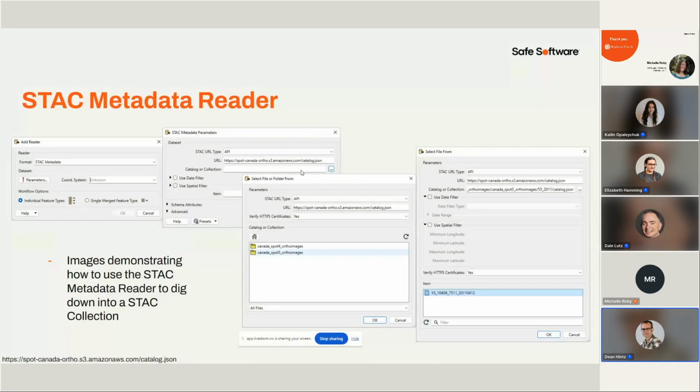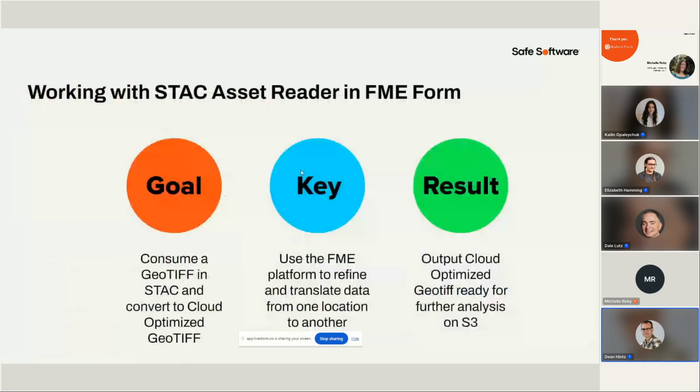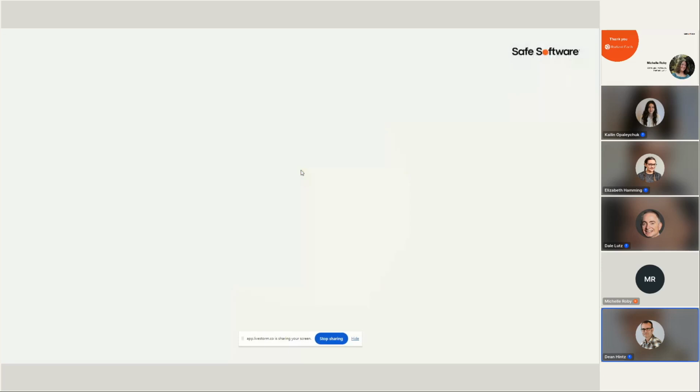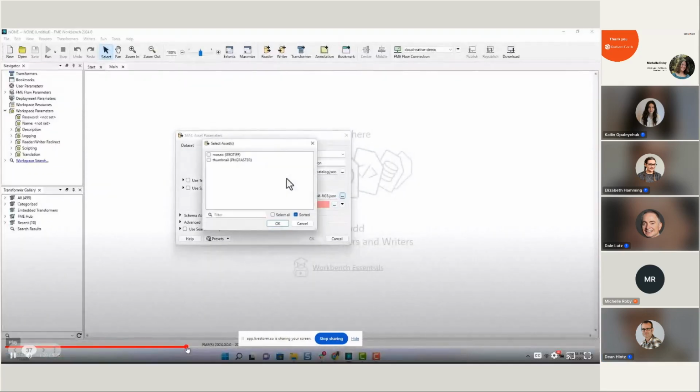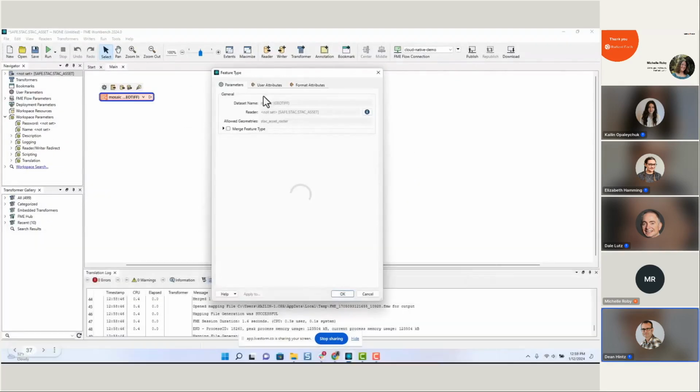Basically, this just demonstrates how to read this from the STAC API. We've got some SPOT imagery on S3, and Kalen built a great demo which shows how you can read the catalog, figure out which data you need, and essentially just read what you need. And so what happens is the STAC actually has links that I won't go through this whole thing, but I guess it's because it's got audio.